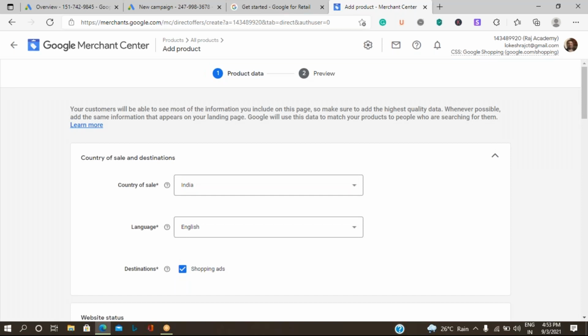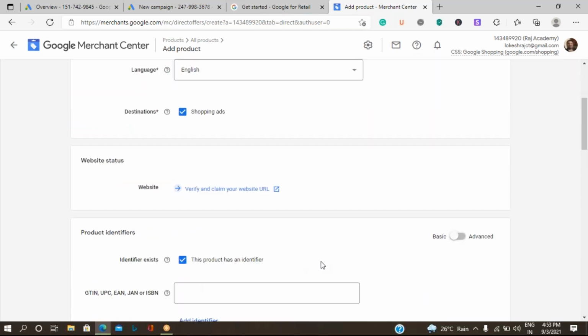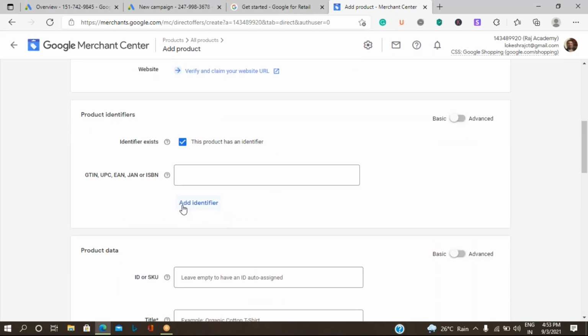So it will be related to the product name, size, color, and what is the price, and what is the GST application, what is the rate of GST applicable, what is the code number given by the government. So all this information you are supposed to give with it. So you can see